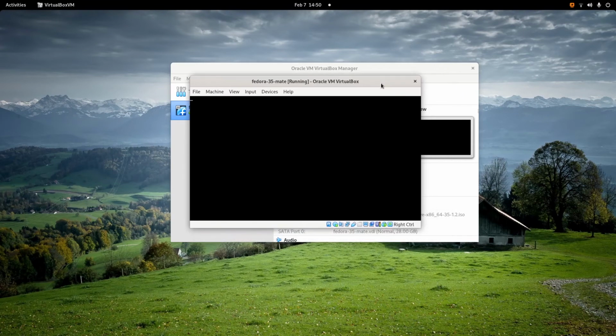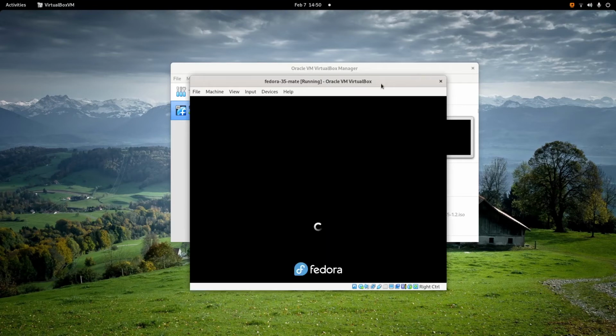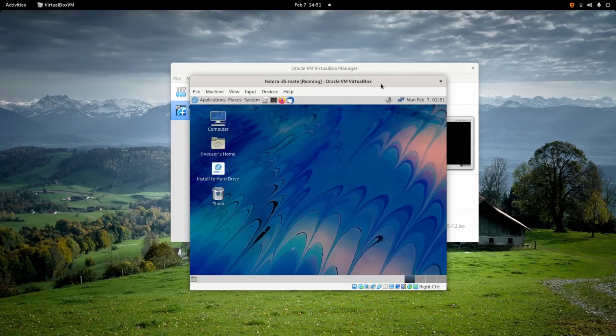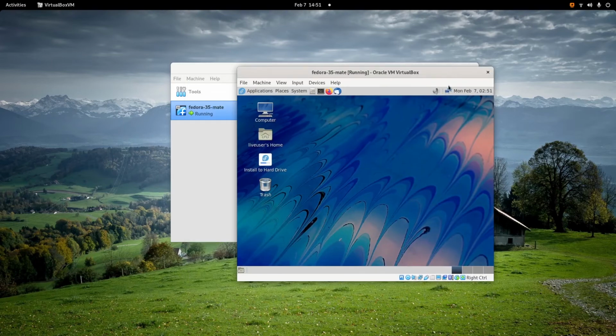I use Fedora 34 now, and for that crash I still don't know why that happened to my Fedora 34. If you have the answer, you can leave a comment below. Because this is not a tutorial for installing an operating system, I will fast forward this part.